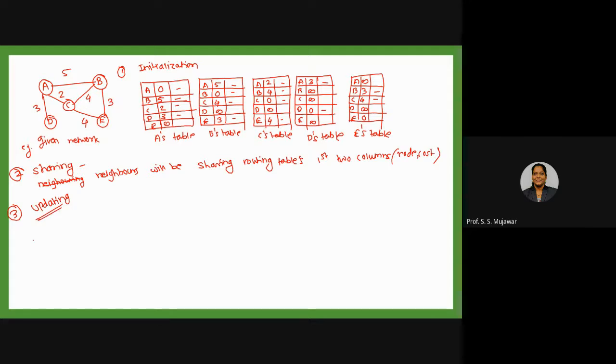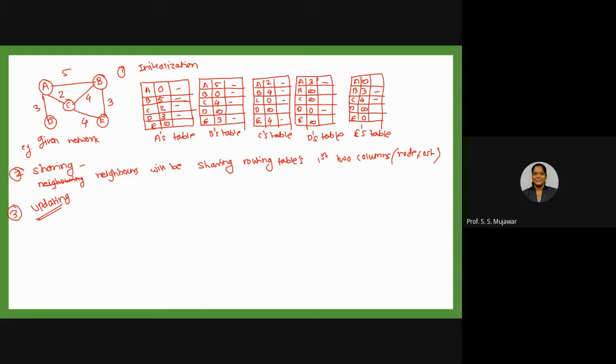Now what is happening in updating? Every neighbor, whoever the neighbor node is there, will be sharing this. Now consider here, A is not aware about the value to reach E. A has no connection for it, right? But if you observe C's routing table, C knows how to reach E. So C has the value 4, right?